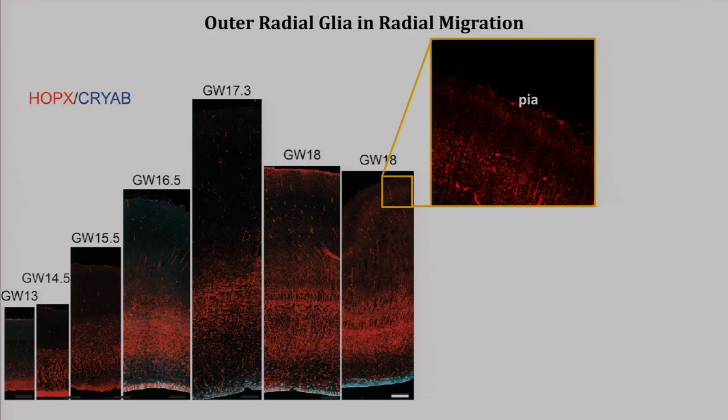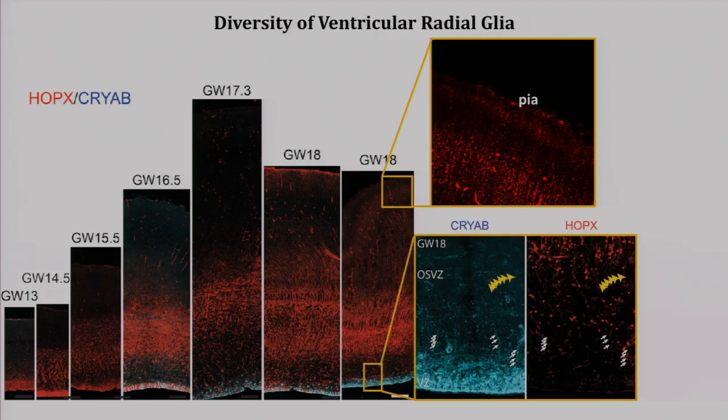And that was also quite surprising, because it suggested that these outer radial glia cells at some point in development may support radial migration to the cortical plate solely. So when you look at the comparable image in the ventricular zone, you will see that these CRYAB-positive ventricular radial glia cells have fibers, but most of these fibers terminate in the outer subventricular zone. Many of these fibers tend to run tangentially, suggesting that they may not actually reach the pial surface, whereas the outer subventricular zone radial glia cells start in the OSVZ, and then they extend fibers to the pial surface.